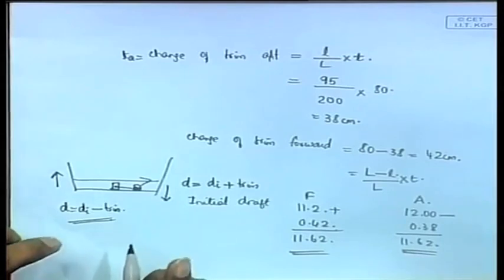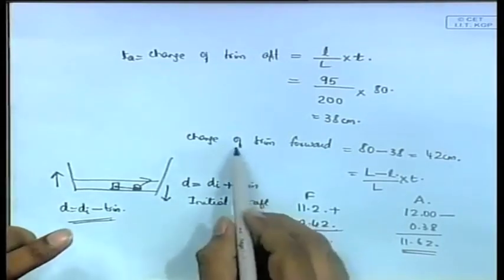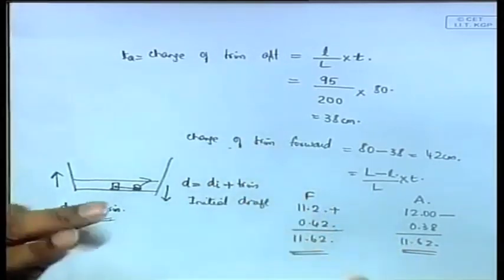And note that change of trim will not be the same forward and aftward. It will be given by change of trim forward is this. That means that out of the total change of trim, some part of it will be due to the change of trim aft, some part of it is due to the change of trim forward. When I say this, probably you cannot imagine why it is happening, but if you look at that figure which shows trim aft and trim forward, then you can see that it is exactly correct. So change of trim aft plus change of trim forward will give you the total change of trim, and depending on how the weight is moving, it will either be the sum or the difference that will give you the final draft. Okay, then